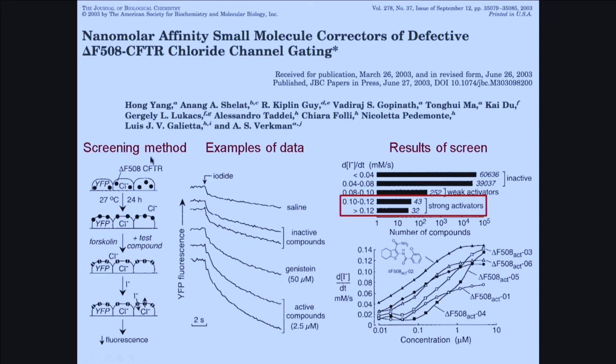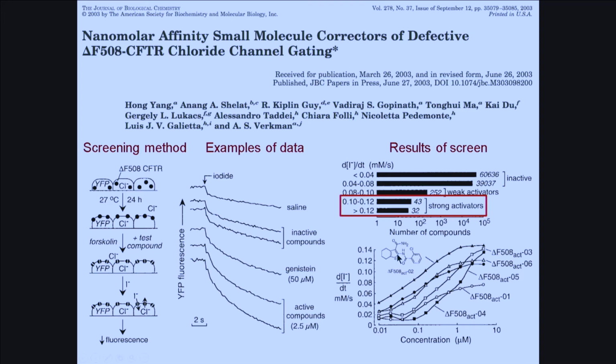F508. So as shown on the left, we take cells with this CFTR mutant and the YFP indicator, and we add a test compound and look for the ability of the test compound in the middle to open the channel and have a more rapid drop in signal as iodide enters cells. And we found many potentiators. Out of 100,000 compounds, nearly 70 or 80 were quite active. Turns out to be very easy to find potentiators. And this was our best potentiator,